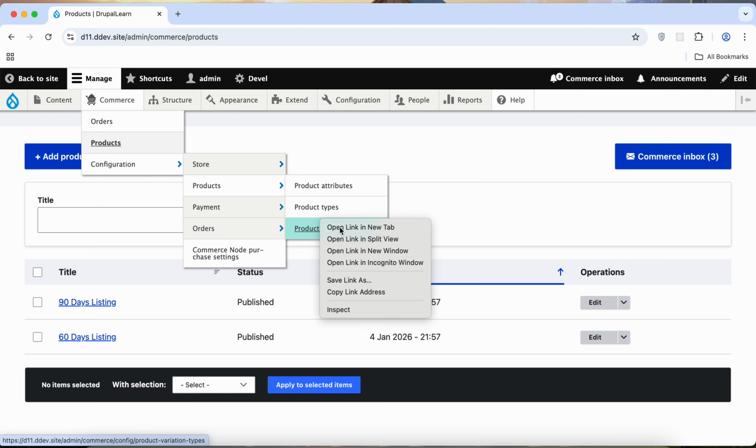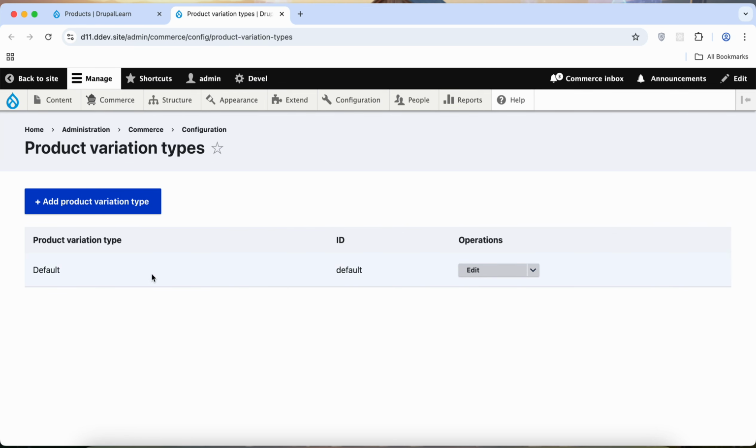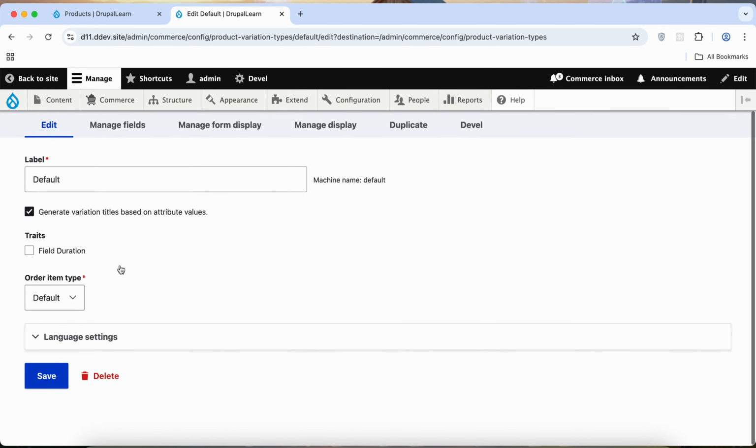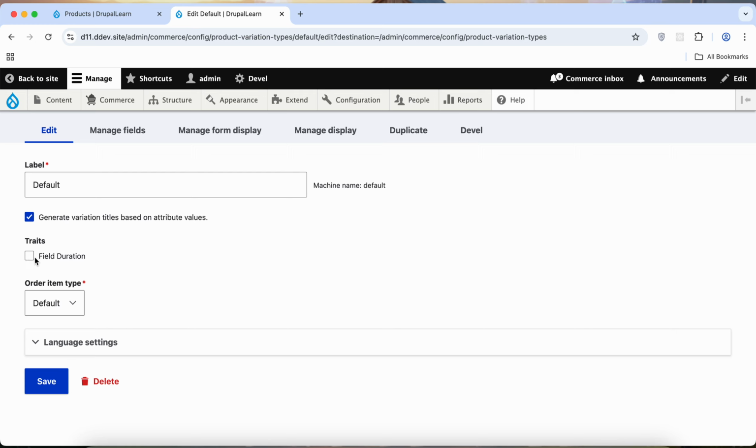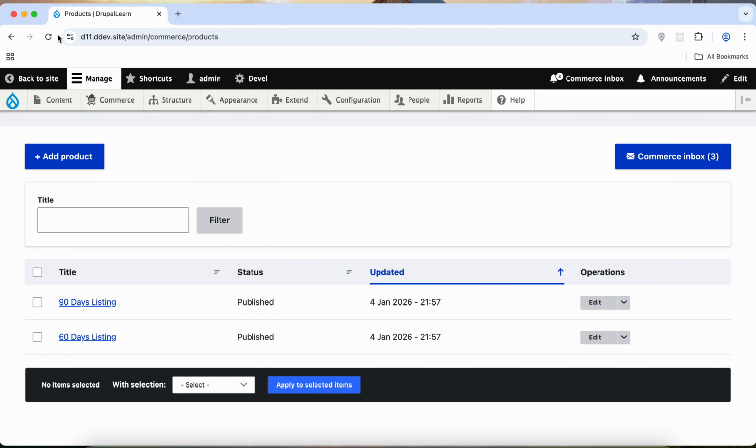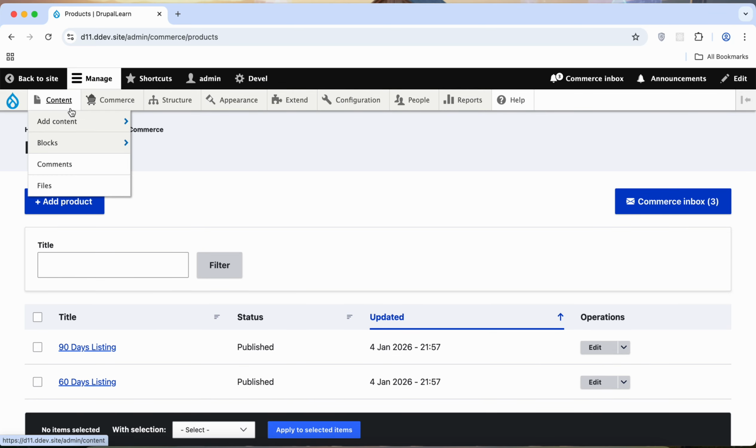product variation types. Let's edit the default one and check this field duration. This is necessary in order to keep the reference between the content type and the commerce product variation. Let's check this and save. Now let's go ahead